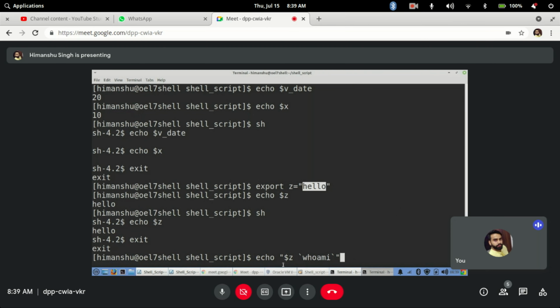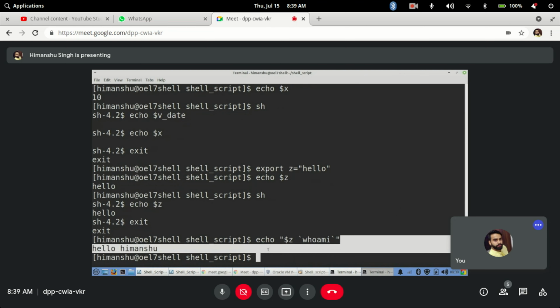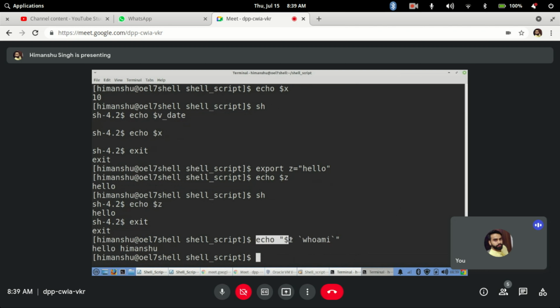now we were seeing echo, and we are using double quotes, remember. So it will interpret both. One is a variable, one is a command, right? Now if I hit enter, see what it has done. It has printed me an output. Whenever you write these types of scripts, always use dynamic scripts. This script is very dynamic. Whatever the value of Z or whatever the value of whoami, this script will be totally different for each user.